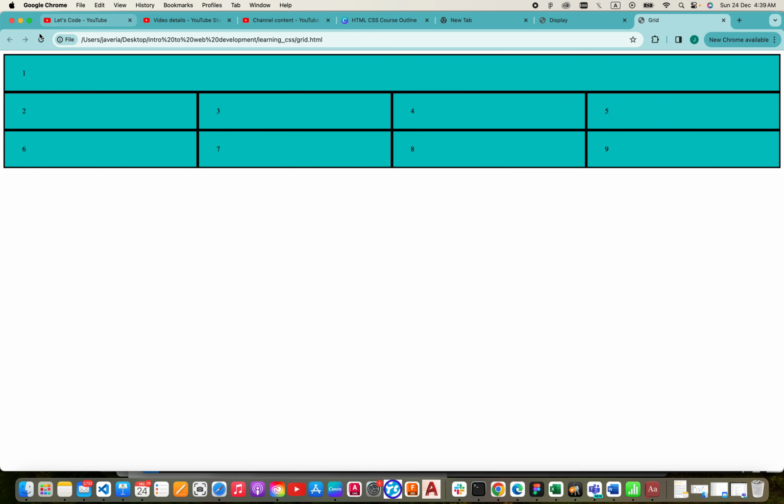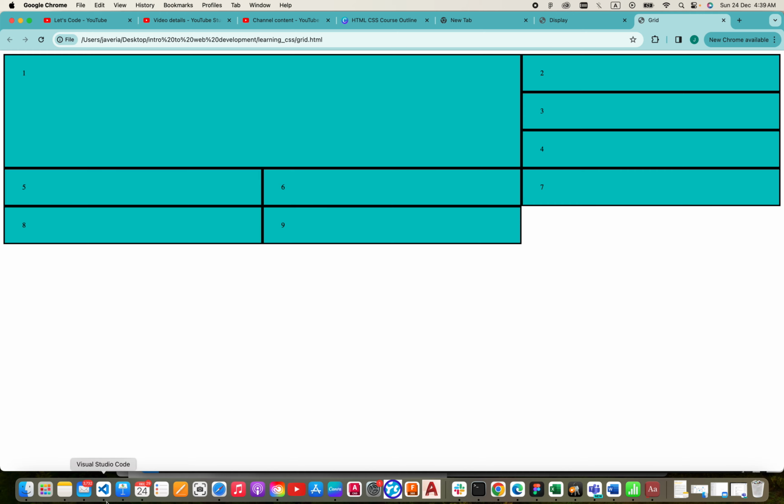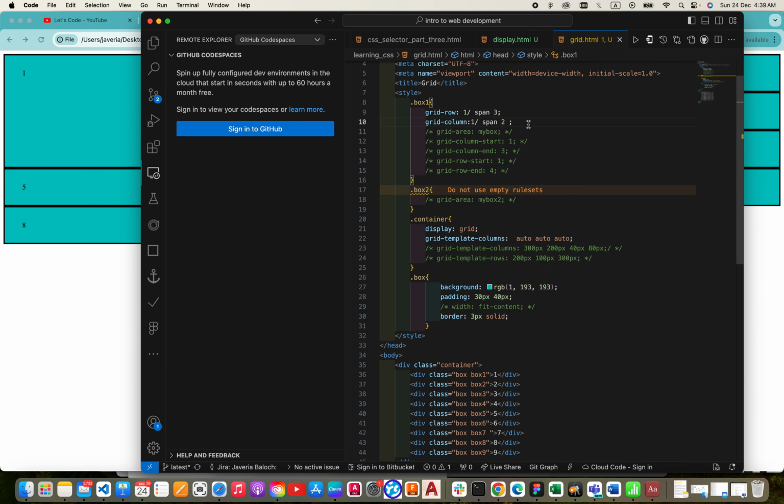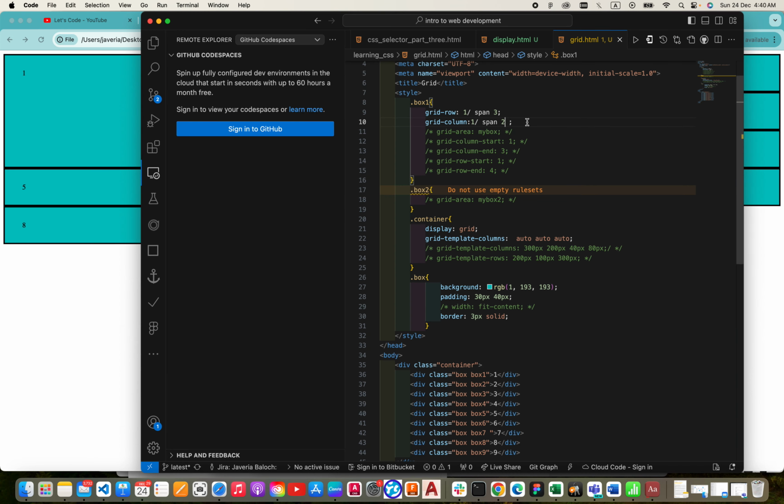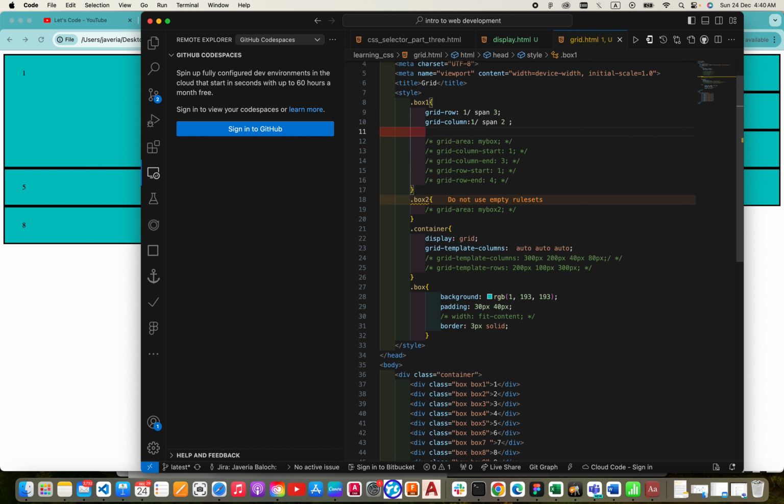Let's come here and refresh this. It's working fine now because there were not 4 columns. It is taking the 3 columns completely and then the 3 rows. It's something that you can do, and its shorthand method is something called the